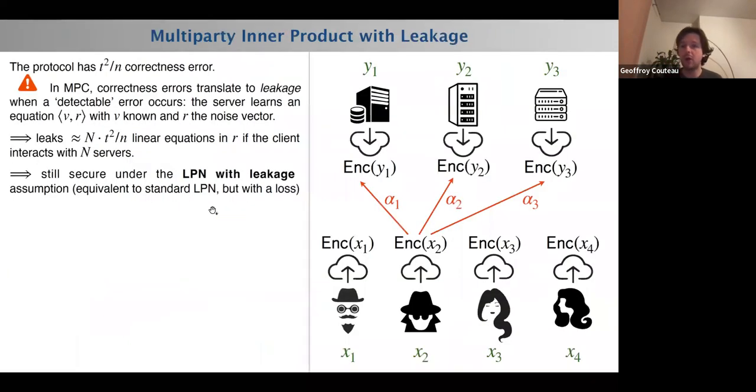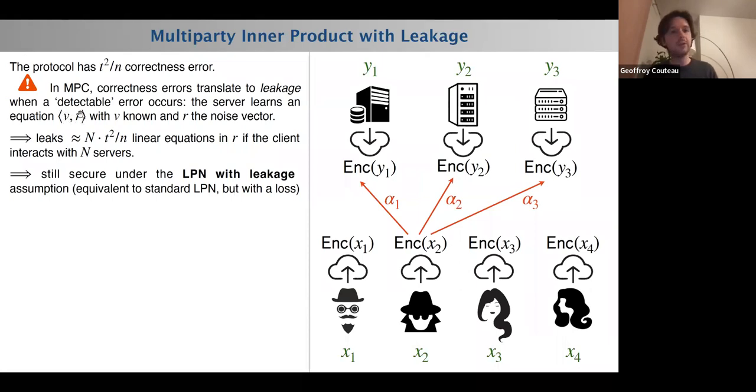So that's good, but the protocol has t²/n correctness error. And now if we go back to, for example, our example of biometric authentication, if you want to use this protocol in an n-party setting, this correctness error will actually translate to a security error because each time an error occurs, then the server that sees the error will learn a linear equation of the form v times r, where